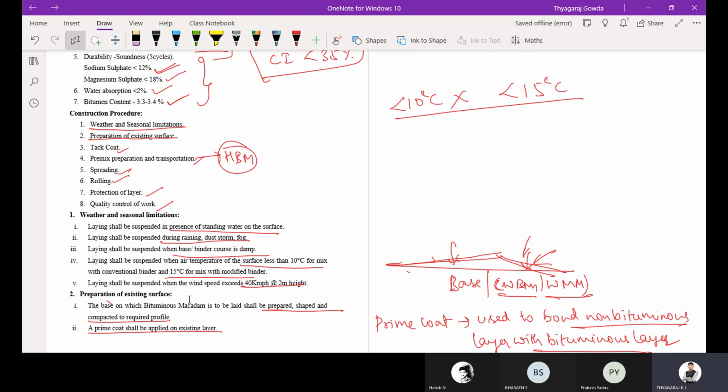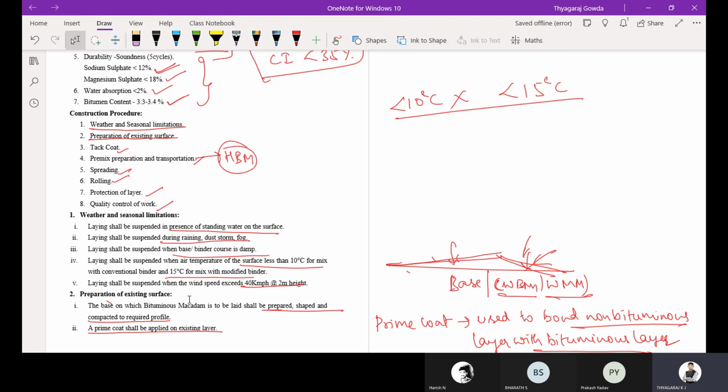Laying shall be suspended when base or binder course is damp. Whenever small moisture content is present in the base layer or binder layer, you are going to stop the construction. Then if the surface temperature is less than 10 degree and less than 15 degree, you are going to stop laying.